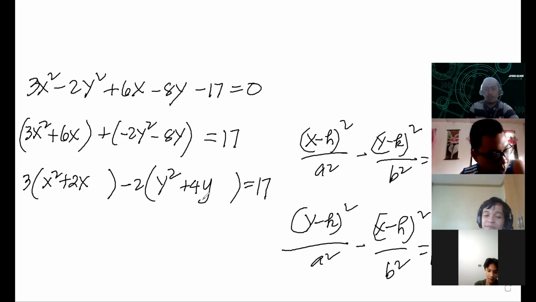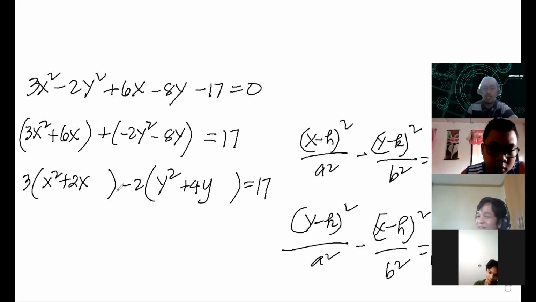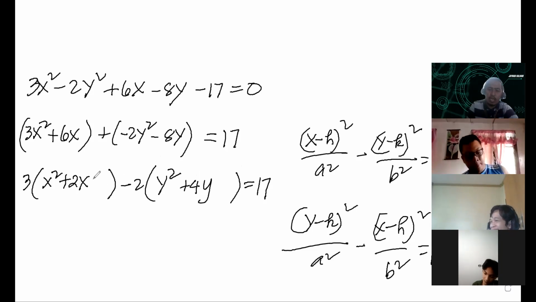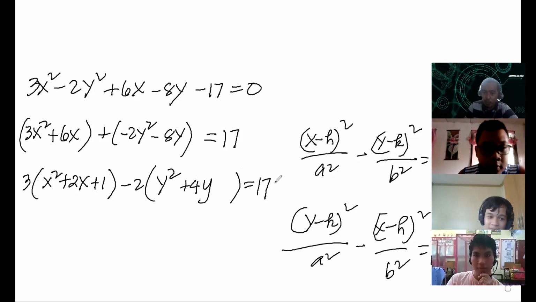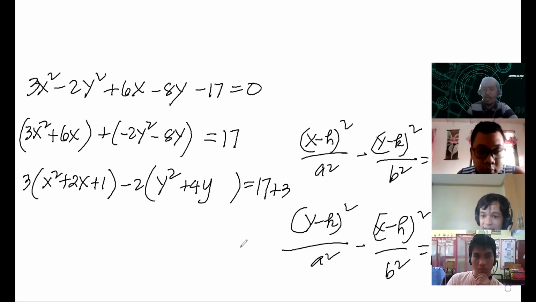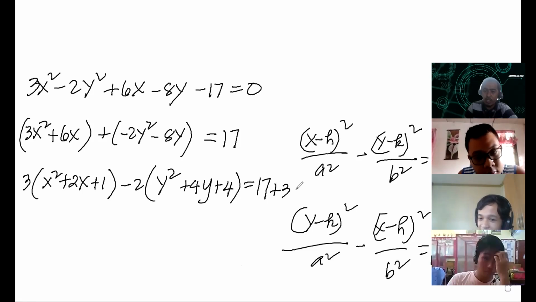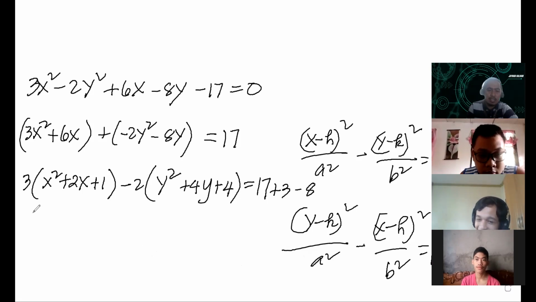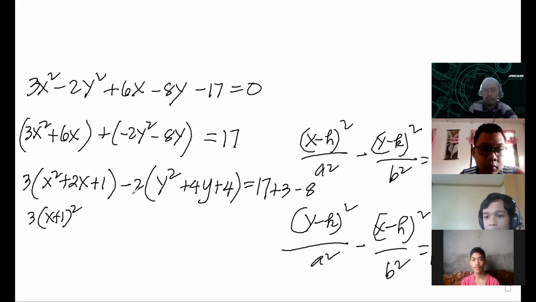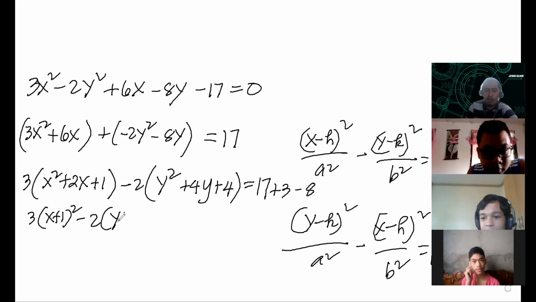So you want this to be a perfect square. Okay. So what you will be doing is, what do we add here, class? 1, sir. Add 1. Actually, you are adding 3 here because you multiply 3 here. So you plus 3 here. On the other side, what do we add in this portion? 4. And actually, you are adding minus 8, right? Yes, sir. Negative 8. So it becomes now 3 times (x plus 1) squared minus 2 times (y plus 2) squared